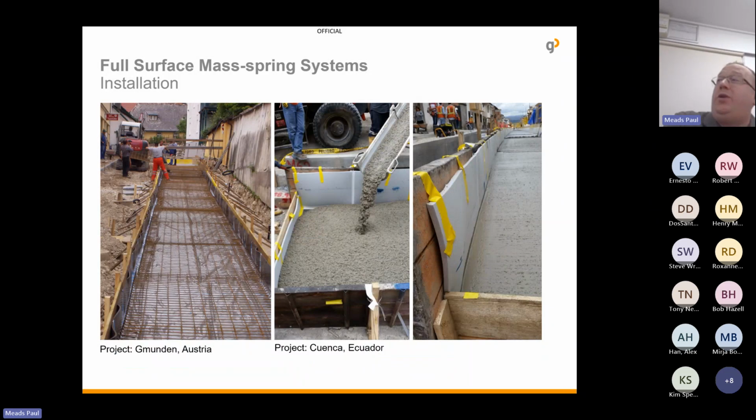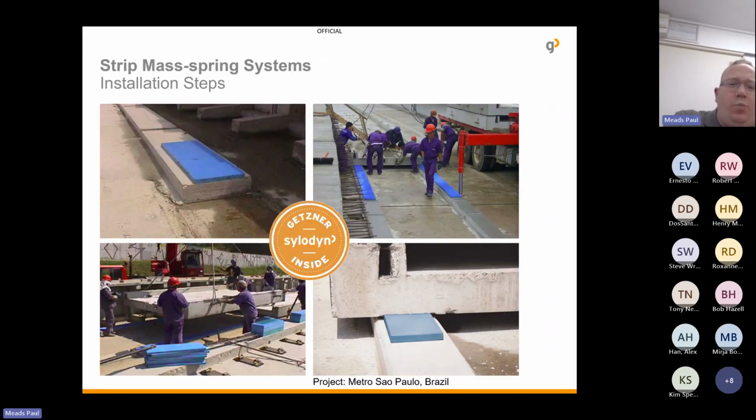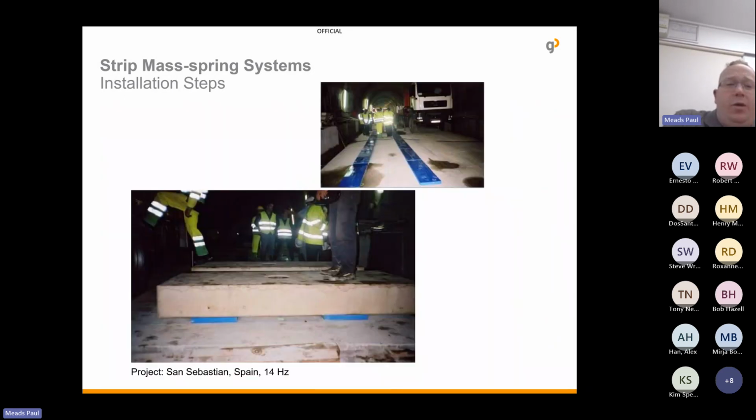It's not just for precast. You can also pour the concrete on site as well. Project in Austria, project in Ecuador, with the strip or point bearings, you can see they're placed down. The precast is placed on top. Project over in Brazil. One in Spain,